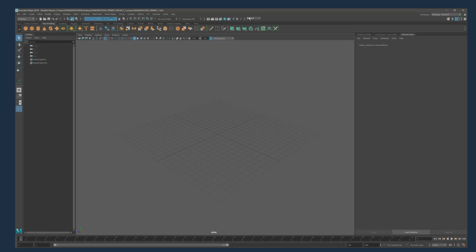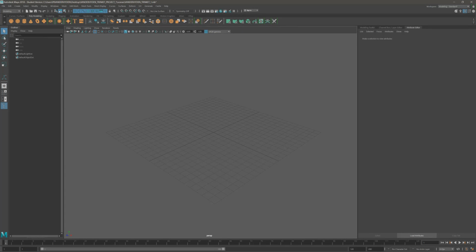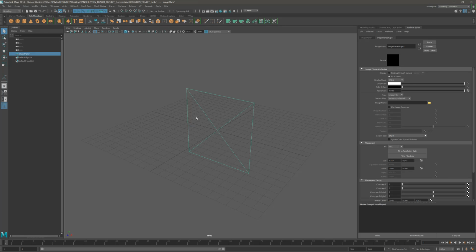And once they're there, now we can go back. And so I go back into Maya, and I want to create what is called an image plane. And this is where all of your reference images will live. So what we do is we go to Create and scroll down to Free Image Plane. And this box will appear in the middle of your scene. And you'll also notice in your outliner that you get this thing that says Image Plane. You'll also notice that if your attribute editor is open, you'll get a window in your attribute editor that will open up. And this looks rather intimidating, but we're only going to be using one function of this,